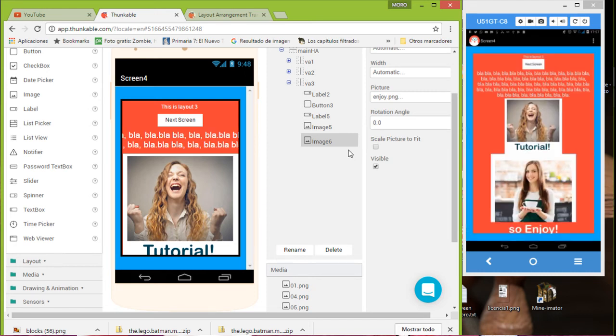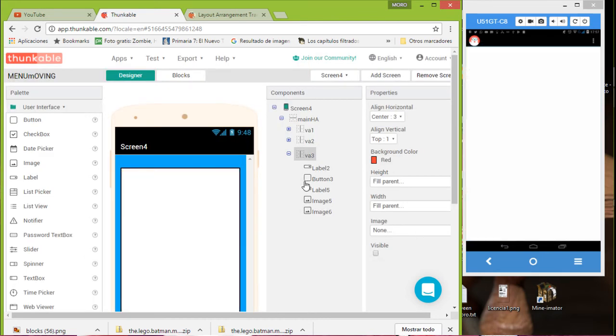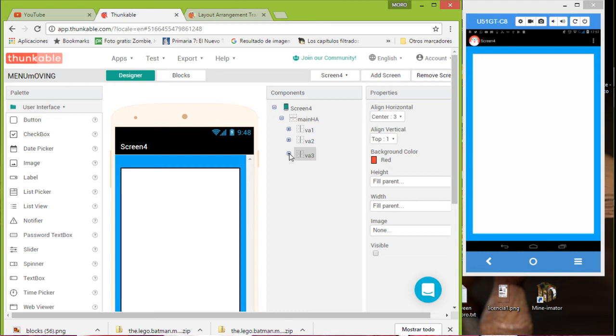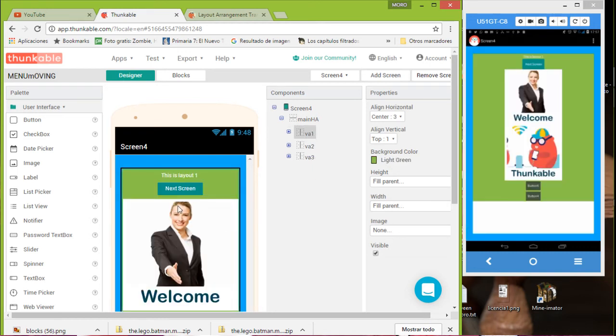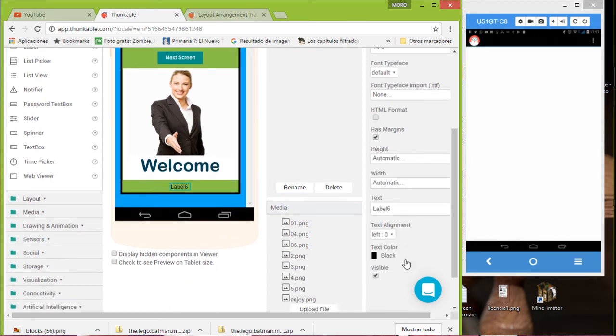So we have now 3 screens, and now horizontal arrangement, we are going to set it invisible, the third one. Now we're going to go to the number 1. This is the main screen, so the start screen, so we're going to set it here to enable. Okay, so we're going to add probably another thing here, probably text, just to make it more